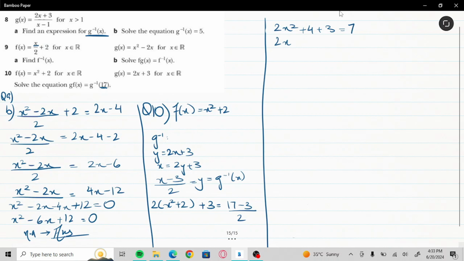So 2x squared plus 4, 5, 6, 7. So it is equal to 7 minus 7. Okay, these both add up to 7 and they are going to be subtracted after they move here. So 2x squared is equal to 0, x squared is equal to 0, 0 divided by 2 is 0, and that's why x is equal to 0. So x equals 0. That's our answer for question number 10. Okay,